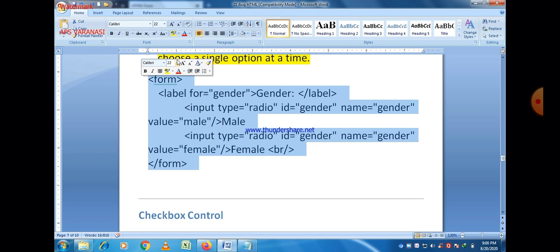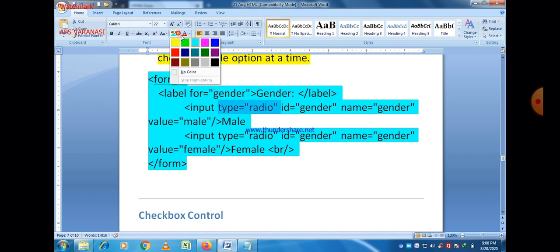You can see here another parameter which is used in case of radio button, that is value. We must write the value for a radio button. If you want to make a radio button to select a gender, we give two values.